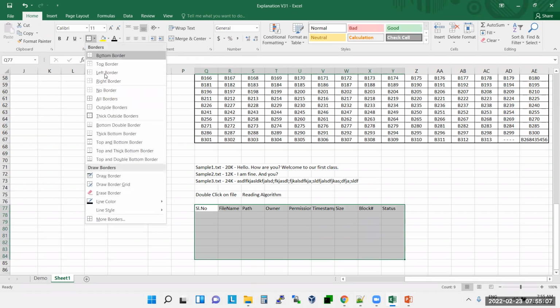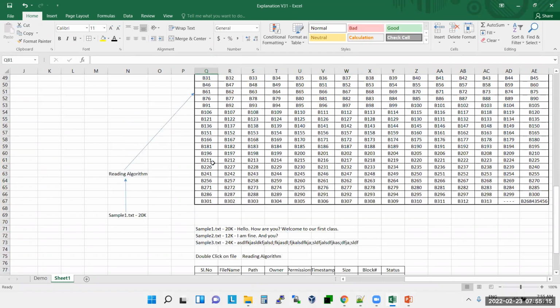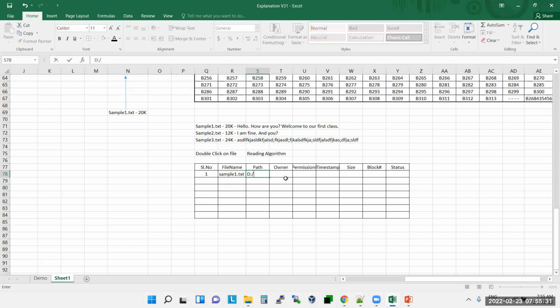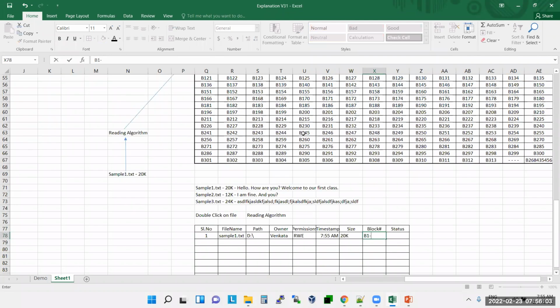Whatever file I store into this hard disk, at the end of the file writing process I maintain an entry like this: serial number 1, file name sample1.txt, path D drive, owner Venkata, permissions read, write and execute, timestamp, which is what time it was created, size 20 KB, block numbers B1 to B5, status active.